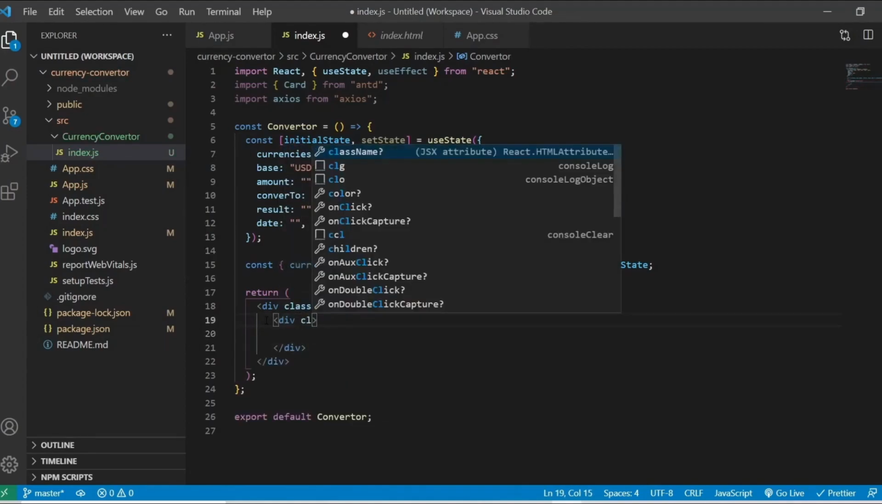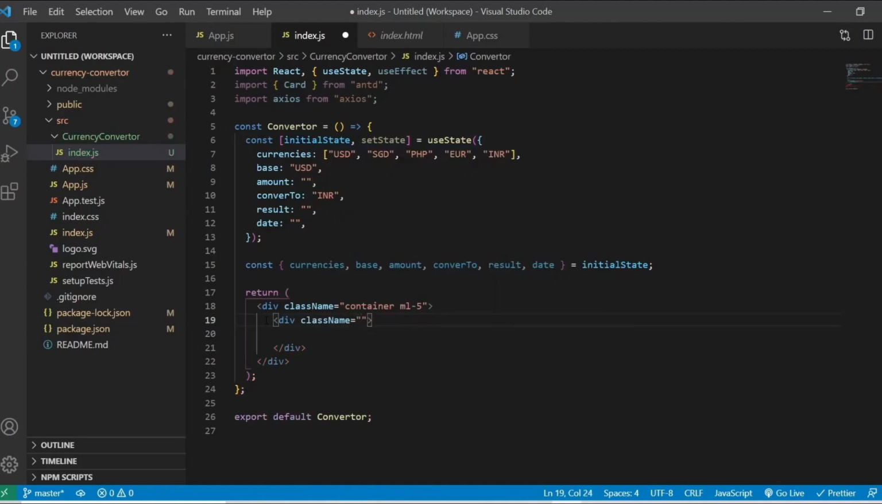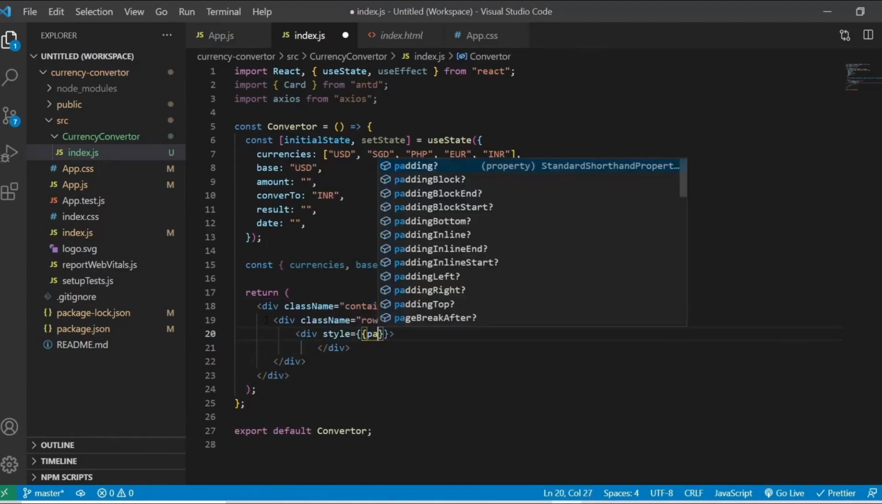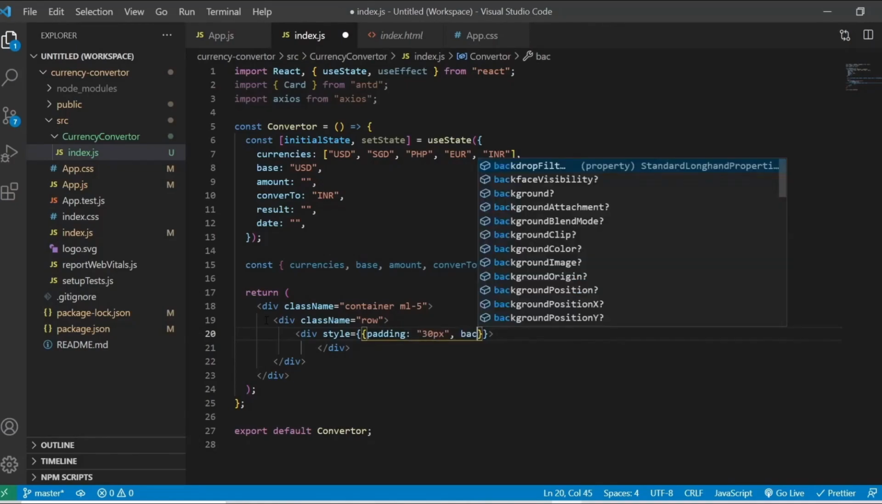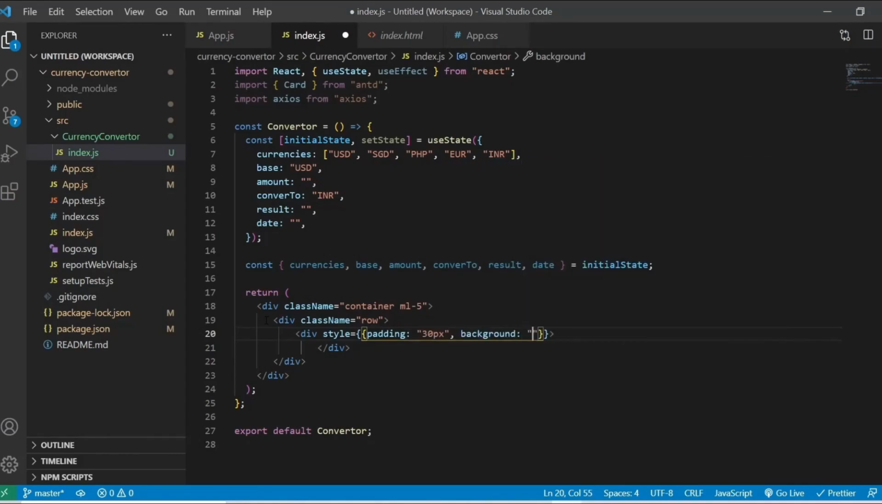Div class name. So I'm using another div with the class name row, and we'll have another div. So I'm going to do all the inline styling in this application. I'll be using only inline style here because this is a very small application. So I have just given some padding, background,